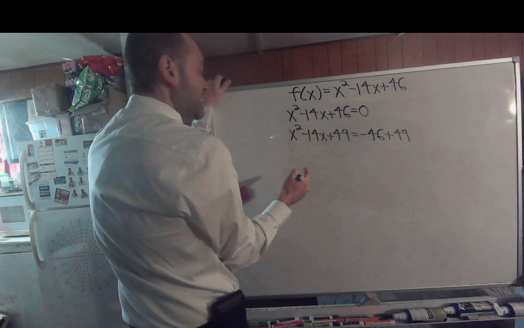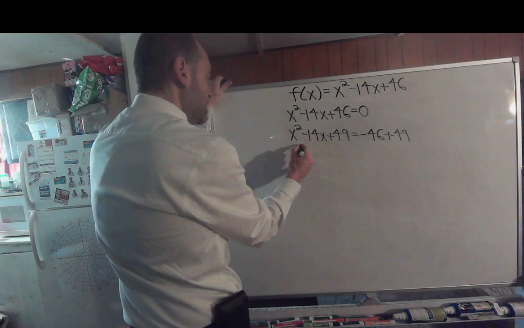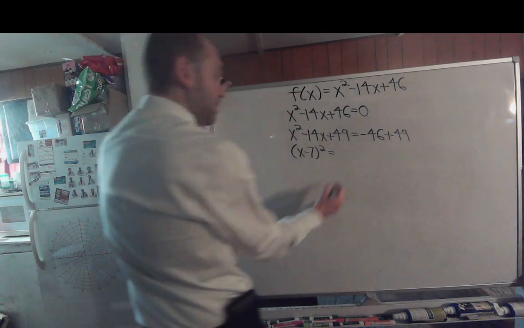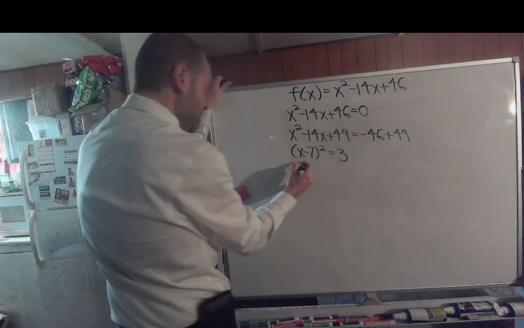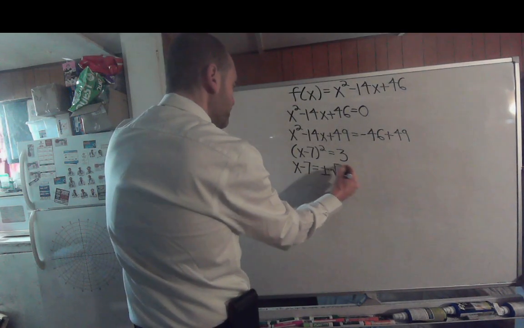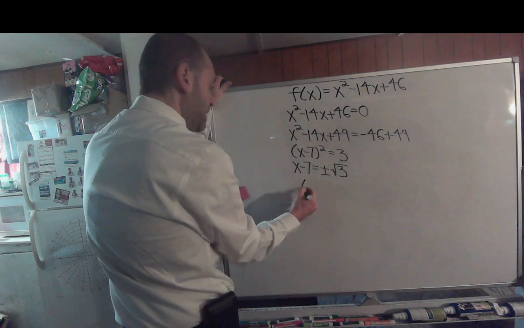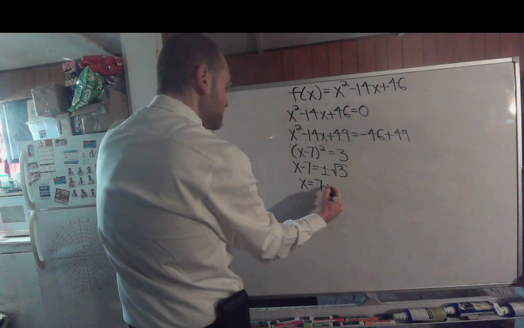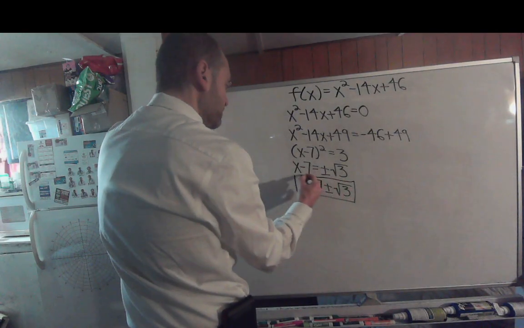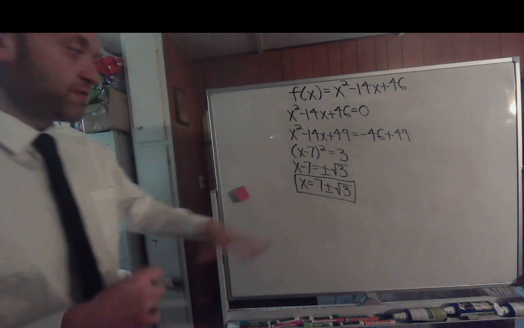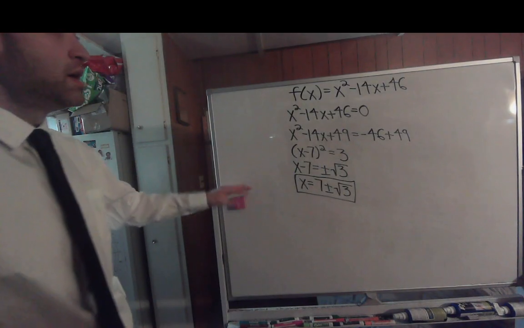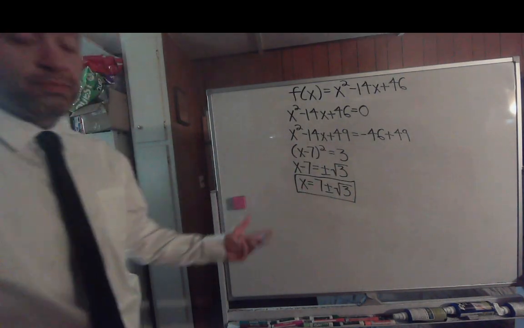And then in this case, you would end up getting x minus 7 squared equals 3. So then x minus 7 equals plus and minus the square root of 3. So that would give you that x equals 7 plus and minus the square root of 3. So in this case, we had 2 real solutions. It worked out where both of our solutions were real. X equals 7 plus and minus the square root of 3, which is still complex because real numbers are part